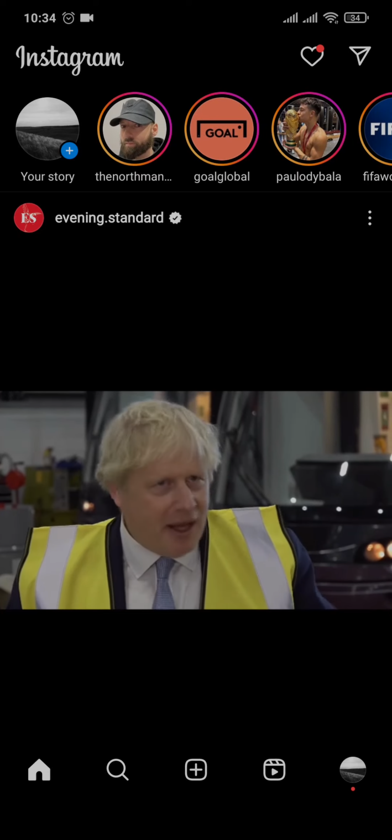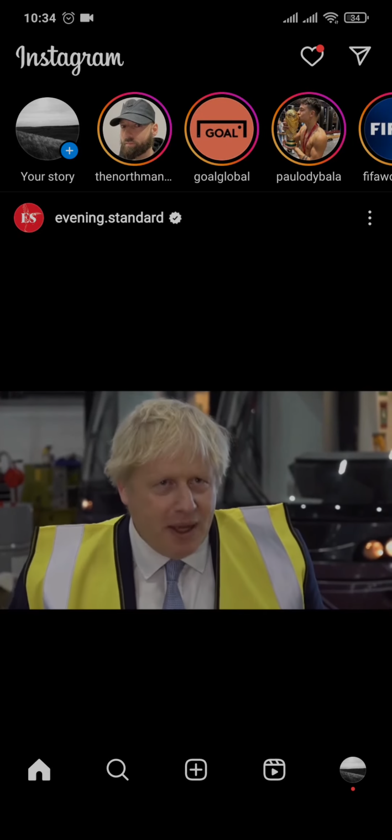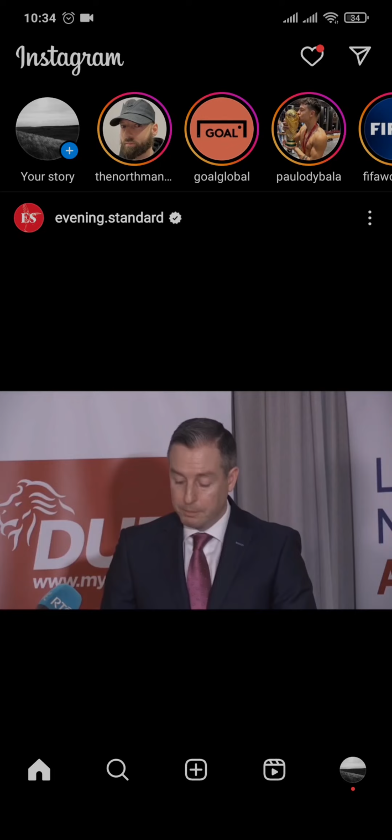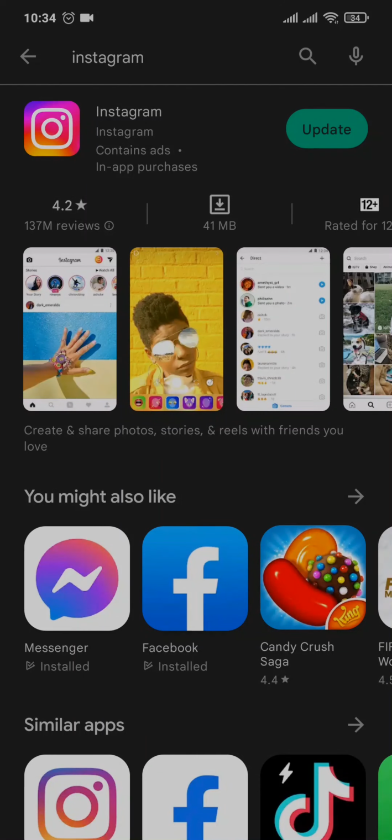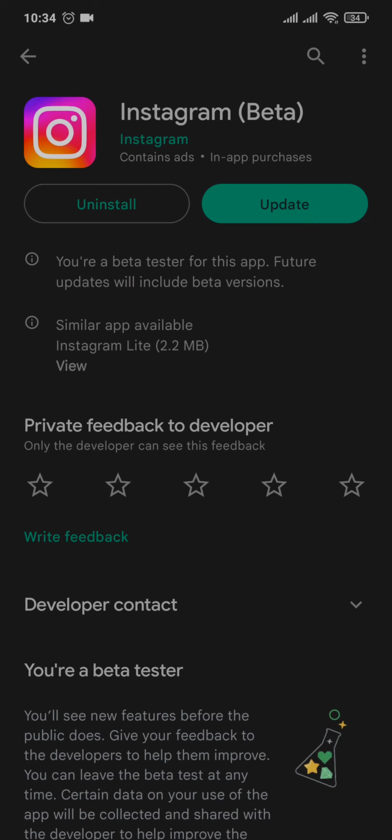Now the first thing that you can do if you don't see the Instagram Notes, make sure that you've updated the app of Instagram. Search for Instagram on the Play Store and the App Store and make sure that you updated the app. The other thing that you can also do is if you tap on this Instagram logo, you